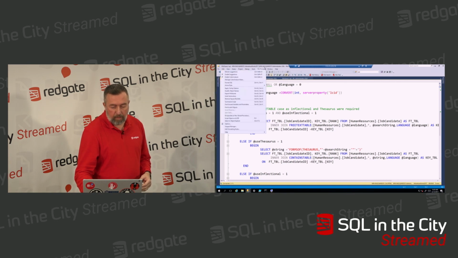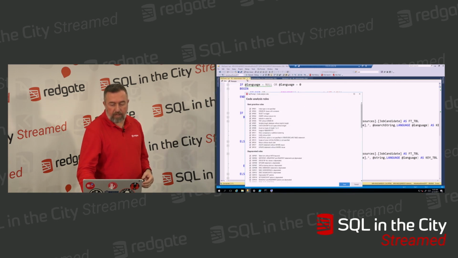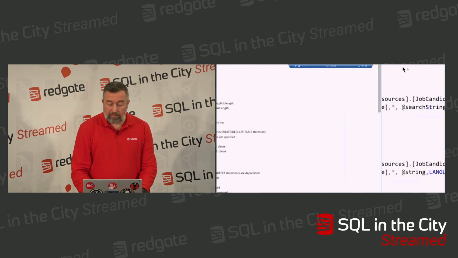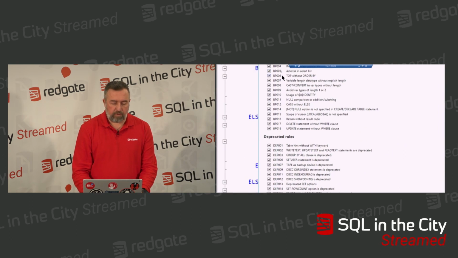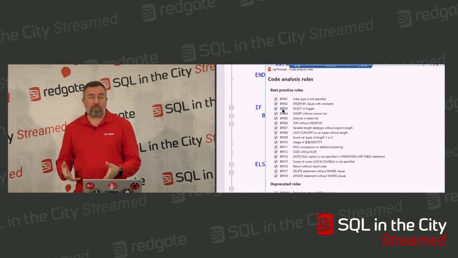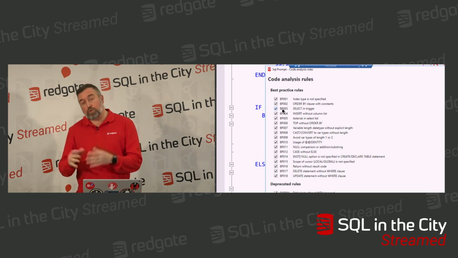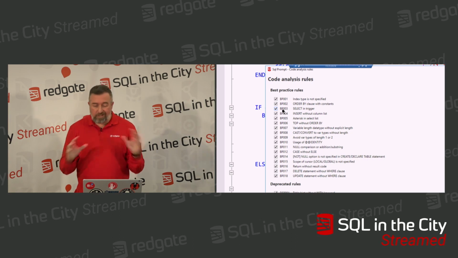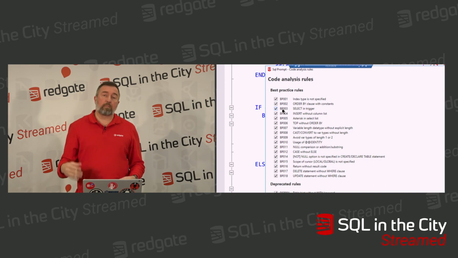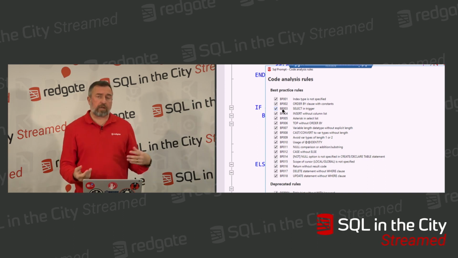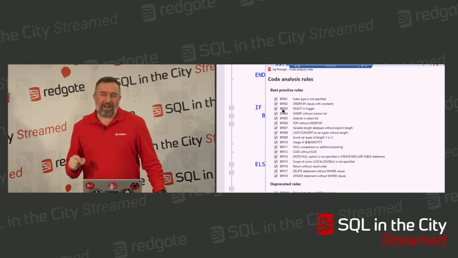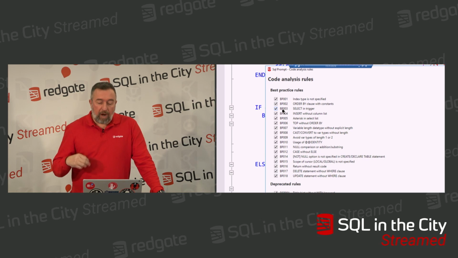Take a look at the SQL Prompt menu, and we can take a look at the code analysis rules. And so we've got a bunch of them. We've categorized them and broken them up so it makes it easier for you guys to track them and identify which ones you want to enable or disable. I've got every single one of them enabled by default on my machine right now. That's the way it installs out of the gate. For demo purposes, I'll probably leave them all enabled as I go along. There's a couple of them that kind of irritate me. I'd like to change, but I'll probably disable some of them at some point. But by and large, we've got these things.